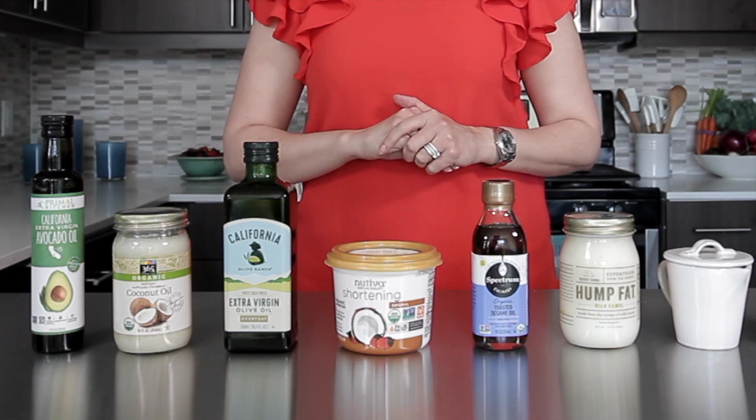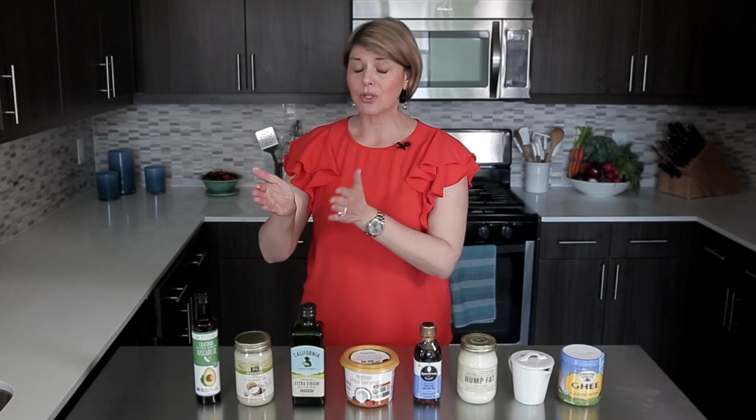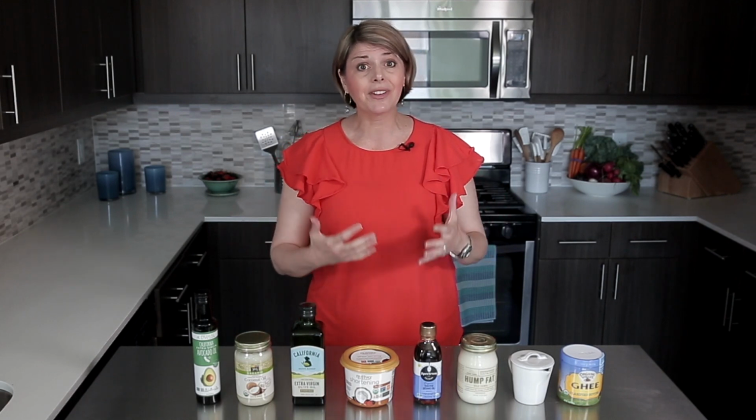Now, this has been a real game changer in terms of baking and cooking, doing it in an autoimmune friendly way. And certainly if you're somebody who doesn't enjoy the flavors of, say, coconut oil, this has been a wonderful substitute in baking. You know, back several years ago when I first wrote my first book, The Autoimmune Solution, I was using almost exclusively coconut oil. And if you've ever baked with it, it can be delicious. But if you're not really a fan of coconut, it definitely imparts that flavor into your cakes and your cookies